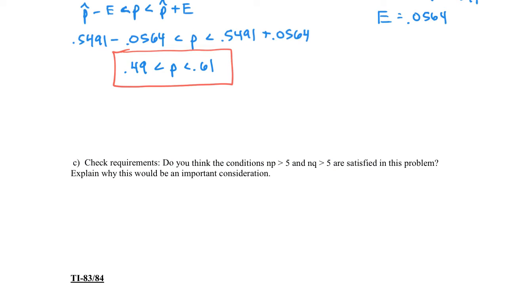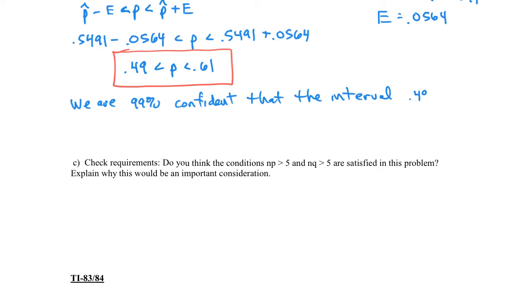So for the interpretation, I'm going to start mine off the same as before. I'm just going to say we are 99% confident. Right, and one more time I'll mention that this is a mathematical statement. It's not a figure of speech. It's a statement about the process that we're using. So we are 99% confident that the interval 0.49 less than P less than 0.61 is one that contains the population proportion P,